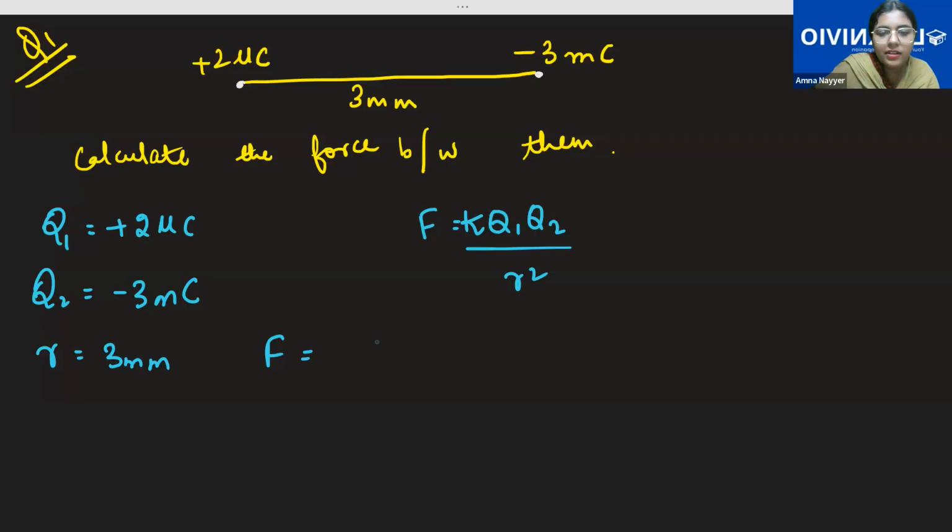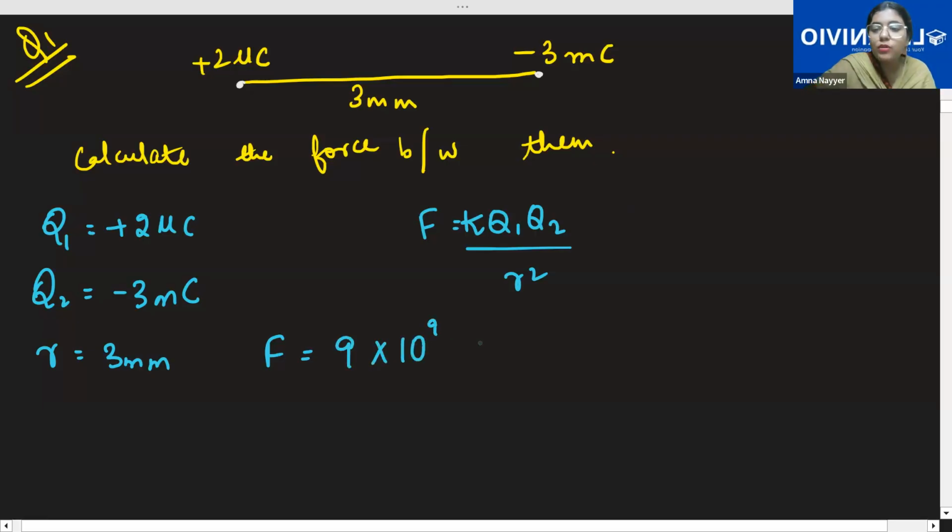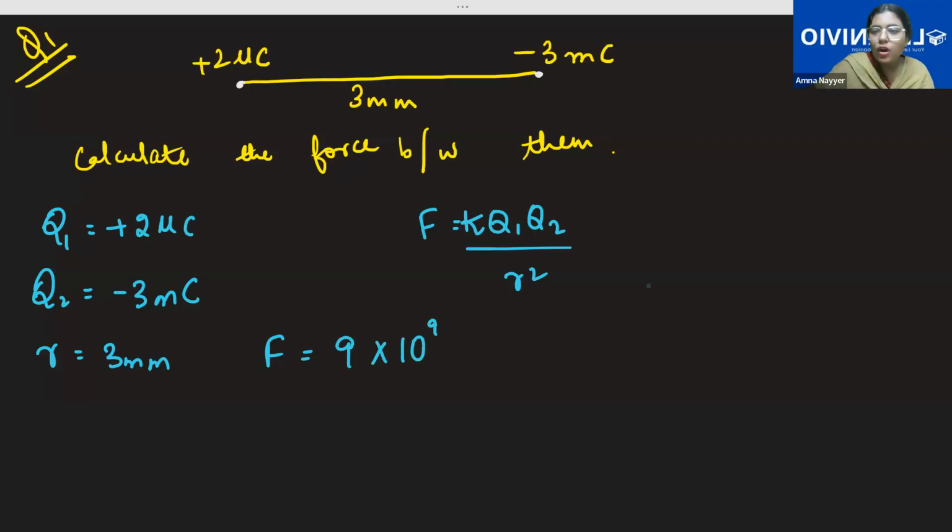9 into 10 to the power 9. And this value has to be remembered. If you don't remember the value of K, you will not score anything in physics, because this K will not be just here. This dielectric constant comes in almost every chapter of your first book. So 9 into 10 to the power 9 shouldn't be forgotten by anyone. Anisa, Vansh, especially, or anybody, not just them. This value you have to remember, this value won't be given. Okay, 9 into 10 to the power 9.